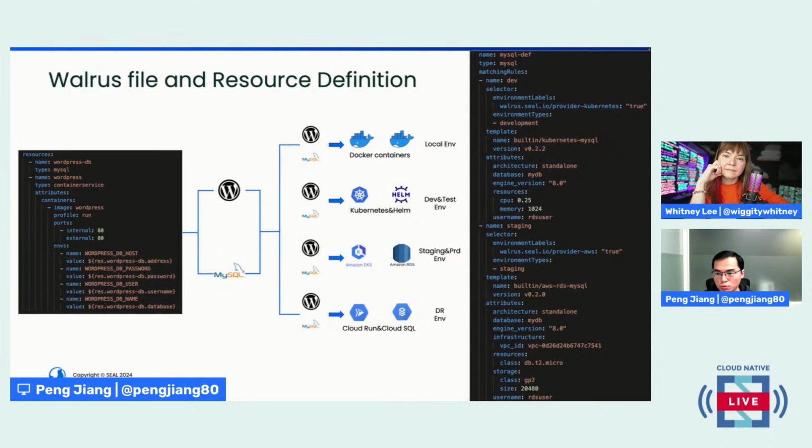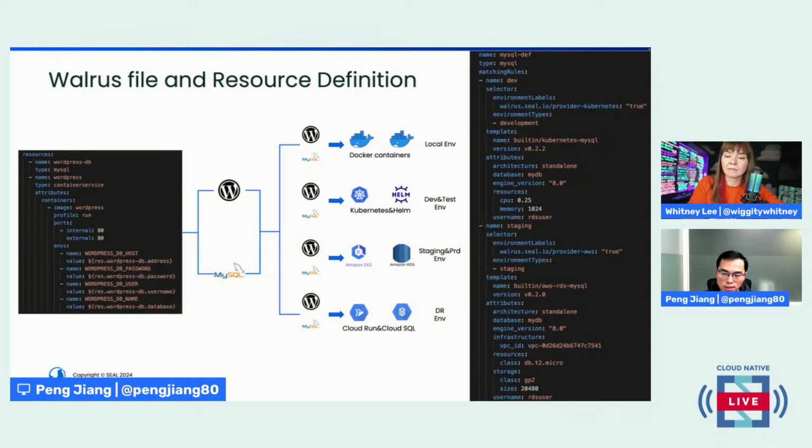It contains two resources. The first one is a WordPress database, and you only need to define the type as MySQL. The second one is a WordPress service, and the type is container service. For this resource, you can define some attributes, such as the container image and the port you want to